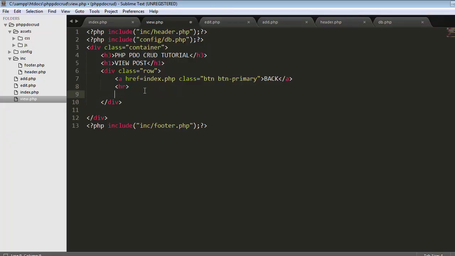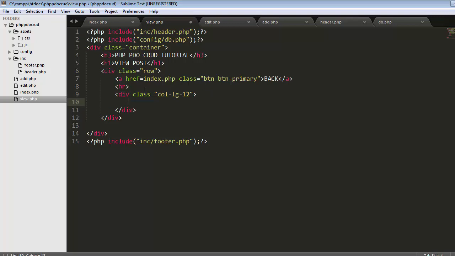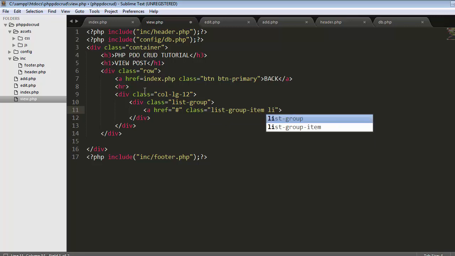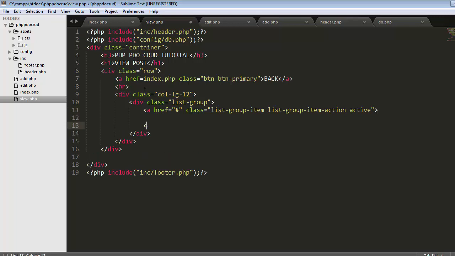I will create a div with the class of column lg12, okay, and then another div with the class of list group, okay, and then create an a href hash, class list group item, and then list group item action, okay, and then close the link, and then